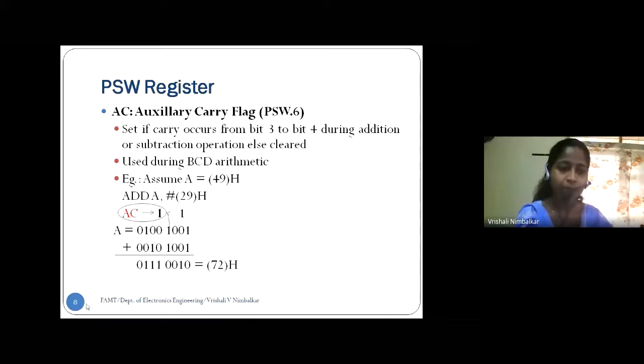Now, what is a nibble? A group of 4 bits is called a nibble. Correct? This 4 bits is called the lower nibble, and the other 4 bits are called the upper nibble. So whenever there is a carry occurring from lower nibble to upper nibble, the auxiliary carry flag is set.